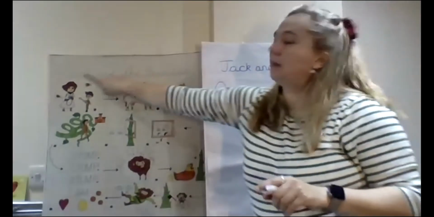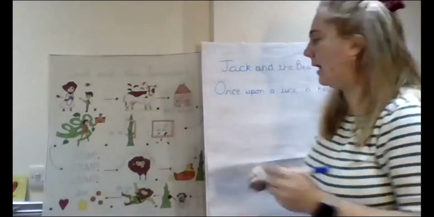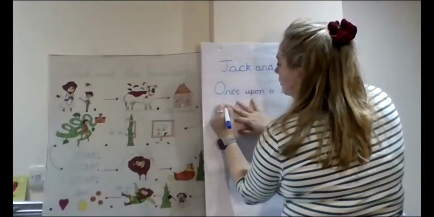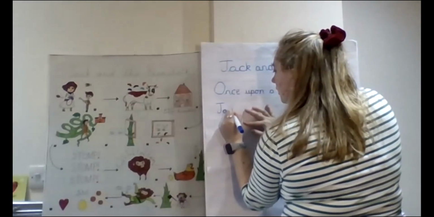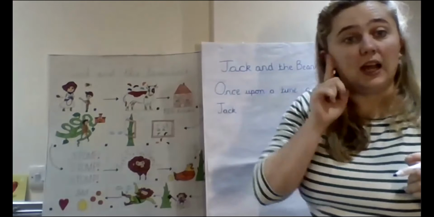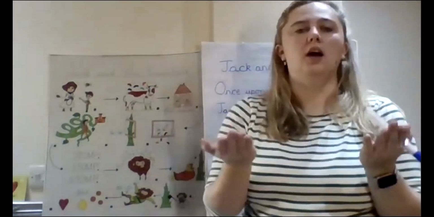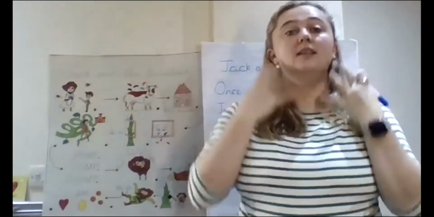So we know how to spell Jack because it's on our story map. Boy called Jack. Once upon a time, a boy called Jack and his mother,